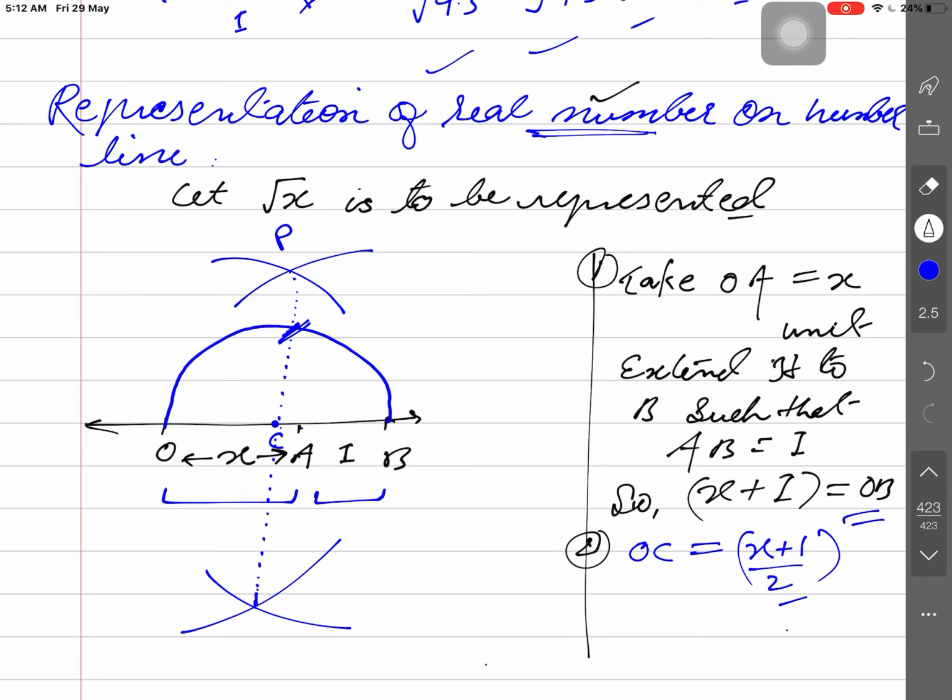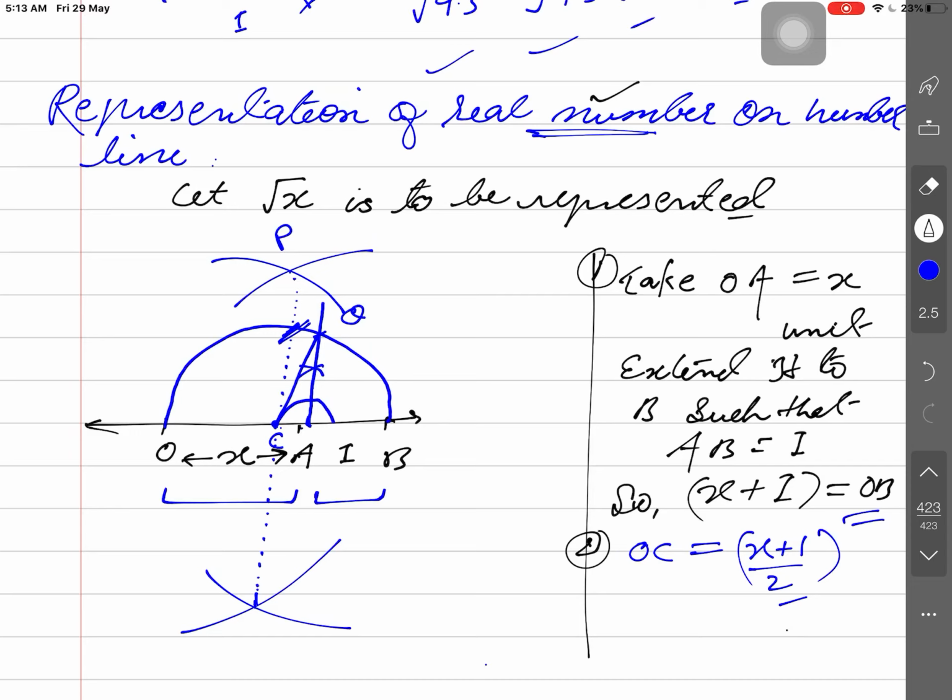Where is the A here? On A you will draw a perpendicular. The method of drawing a perpendicular: you construct two small arcs, cut here, and proceed further. This is intersecting that arc at some point, name the point Q, and just join this further. Yes, we have joined here.